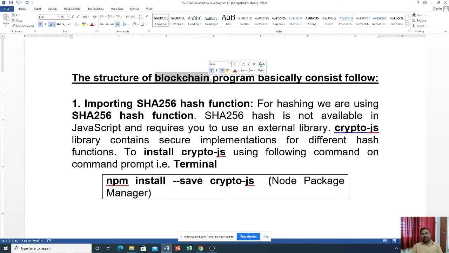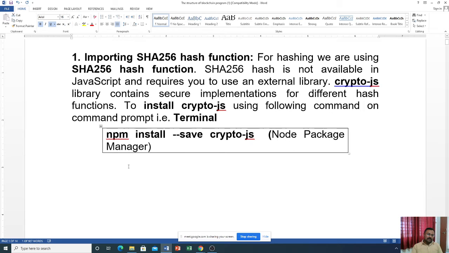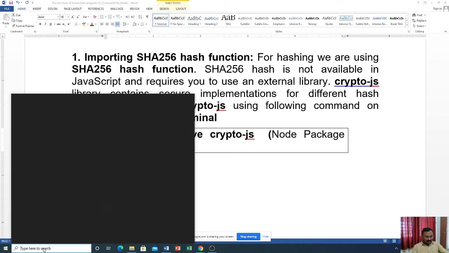To install Crypto.js, use the following command on a command prompt that is called a terminal: npm install --save crypto-js, using the node package manager.